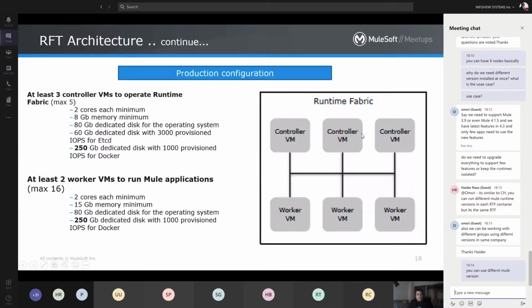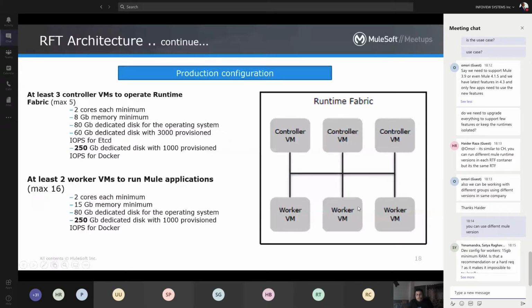And at least 3 VMs need to be there, so that if 1 VM goes out of network, 2 VMs are still available to give a better response time to requests.